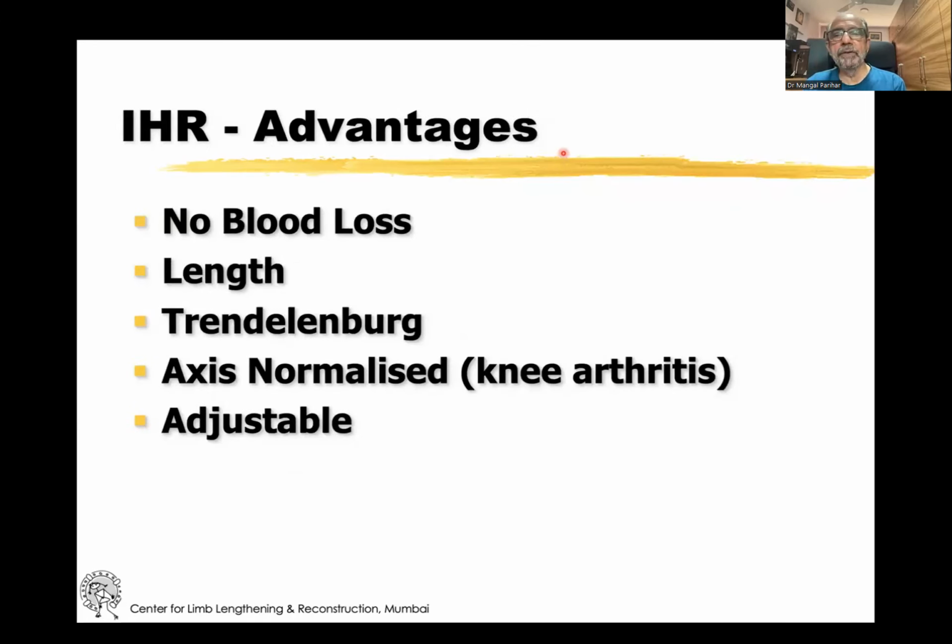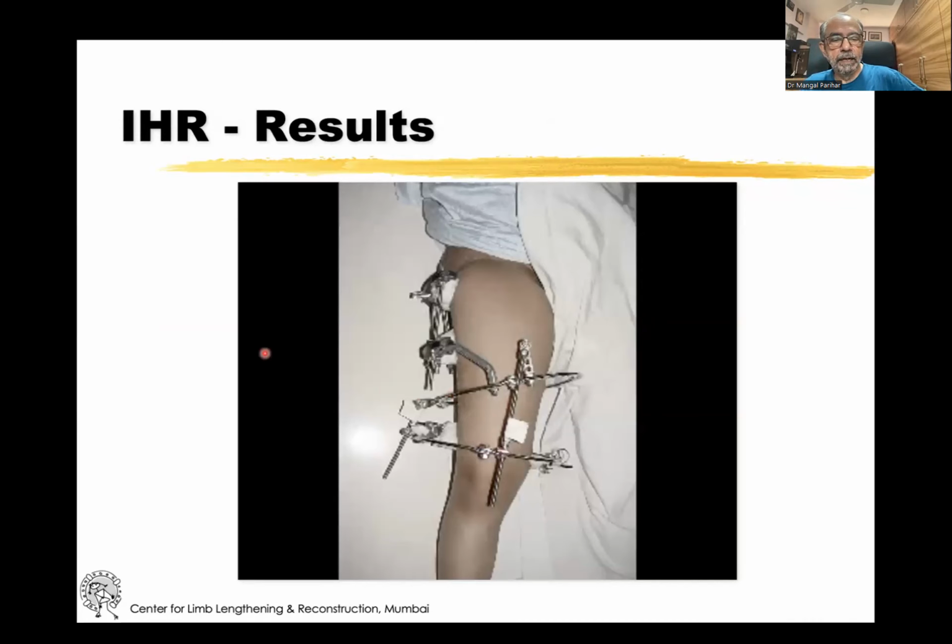But if there is, then yes, you can think about doing that. So the advantage for the hip reconstruction is that there's no blood loss. You can get your length. The axis is normalized so that in future they will not have knee arthritis. And these are some other